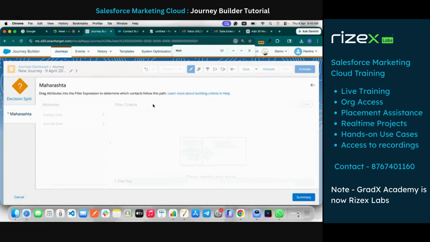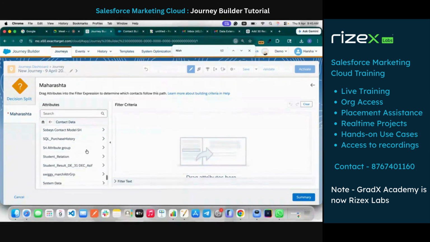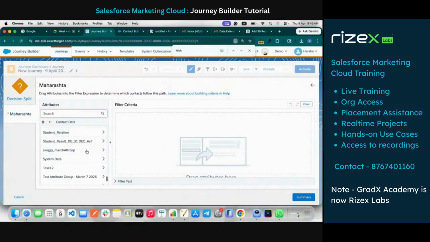In the path one, I will go to the contact data. From the contact data, I will look for my data extension. So my data extension is student,